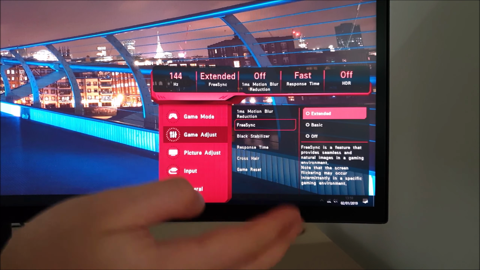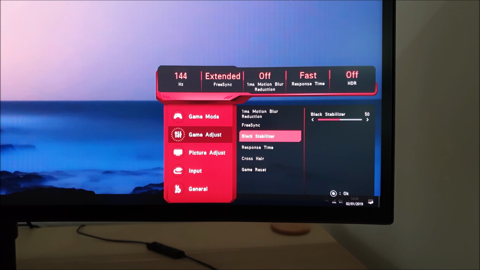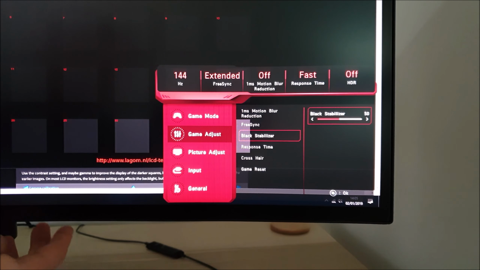So either have that set to off or extended depending on your system. Next up, there's black stabilizer. This is very much like BenQ's black equalizer. Various other manufacturers have similar settings, and this adjusts the gamma, in particular the sort of darker shades, so that they appear differently. And if you increase this, I'll just show you with the Lagom website open because it sort